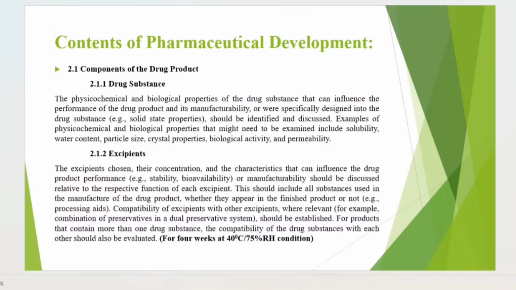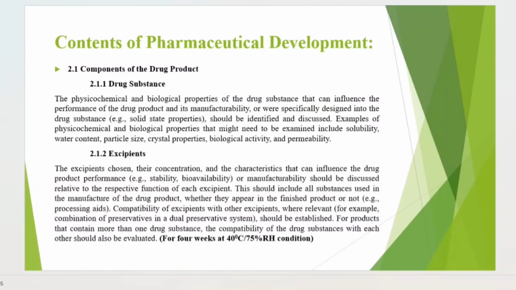API और excipient एक certain proportion में मिक्स किए जाते हैं और वो पेट्री डिश में रखे जाते हैं, and that are charged in the stability or placed in the stability chamber at 40/75 for 4 weeks. Okay, so after the 4 weeks they are withdrawn from the stability chamber, that petri dish, and it is checked for any changes in the appearance of the API, and it is checked whether the assay